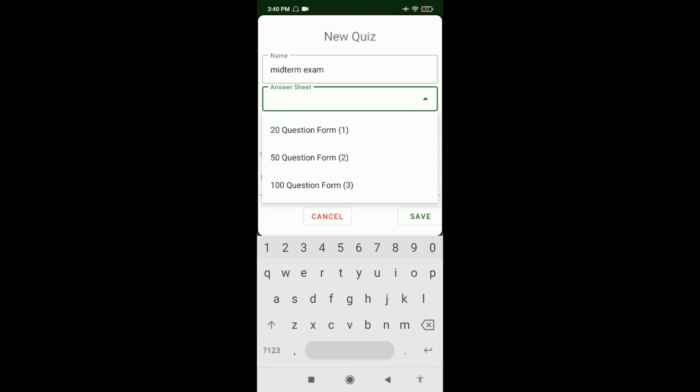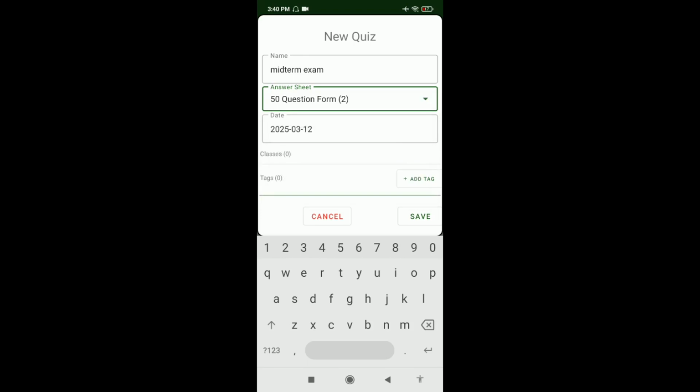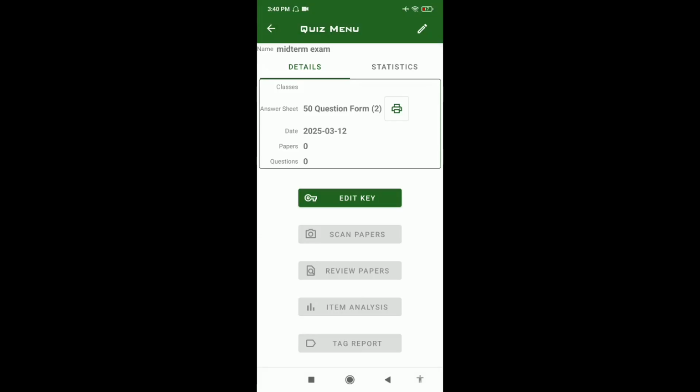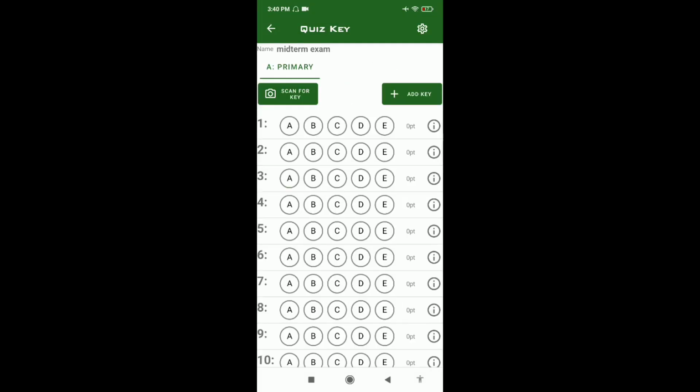So I'm going to choose the closest possible number of questions, which is of course the 50-question form, just like this. So now I have to save, and in this case I have to manually add the answer key for my midterm exam sample.